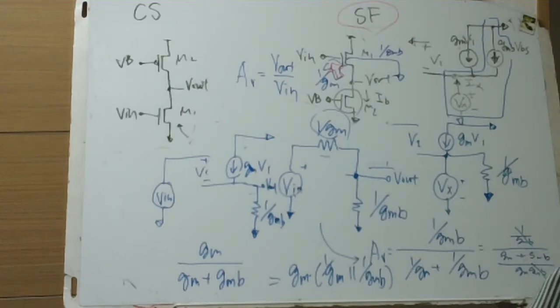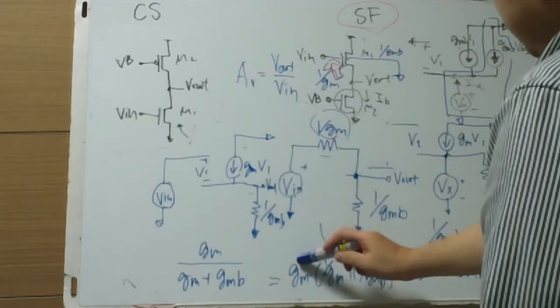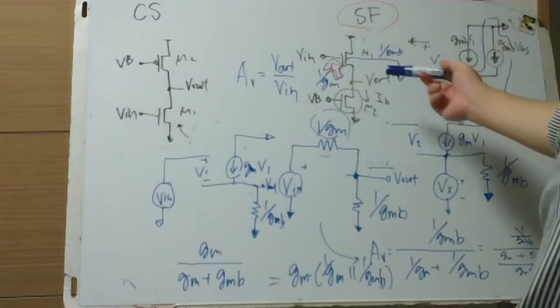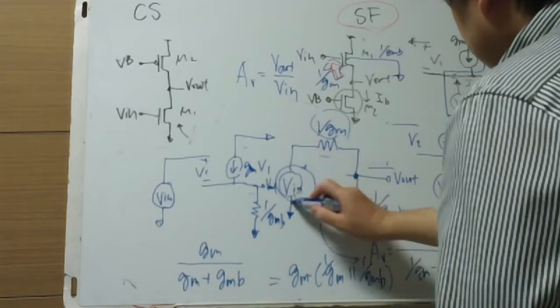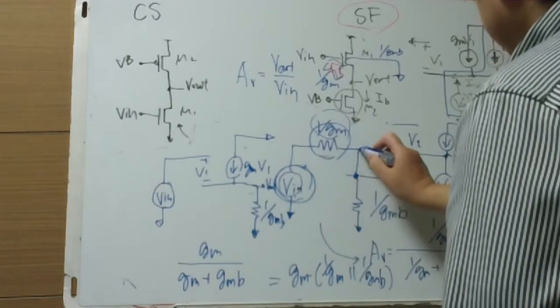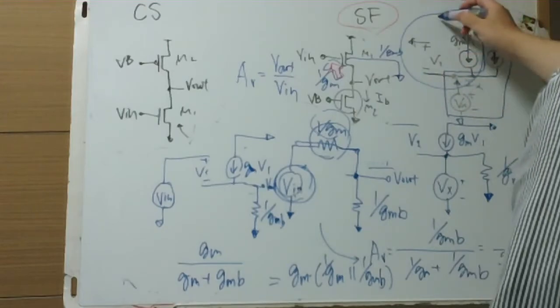This output resistance times transconductance Gm is the gain of the source follower, but we need to find this equivalence from there for this,